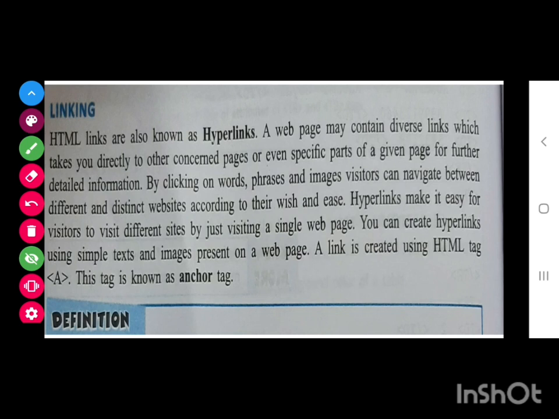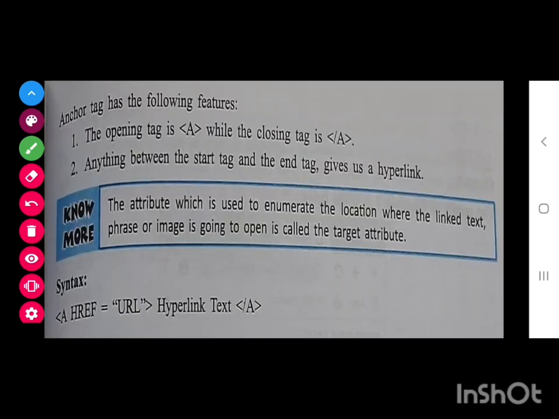So class, for hyperlinking, the tag used is the anchor tag. This tag also has some attributes to work with, so we are going to study that.